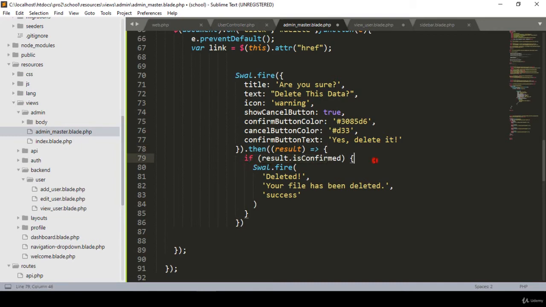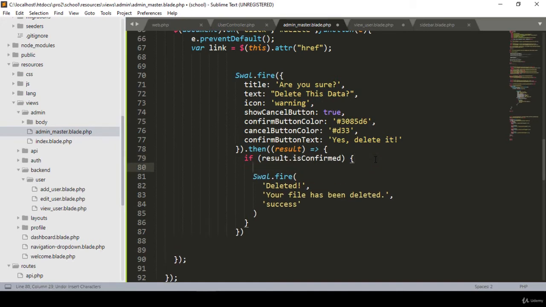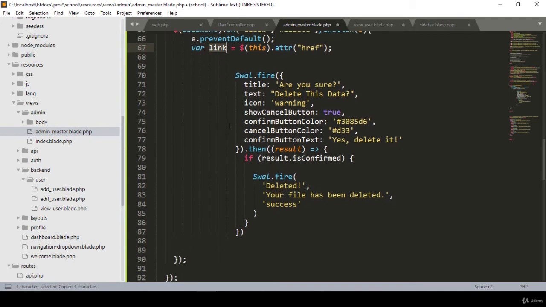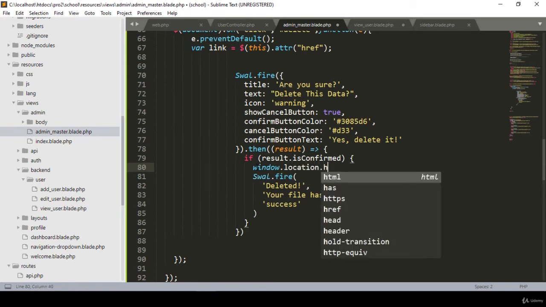Only here, after this, we have to update one condition. After this I have to add one thing. I have this window, and here I take the things with our href, and the things with this variable link, right? So now we have to pass it. In that position I use window, and window will be location,